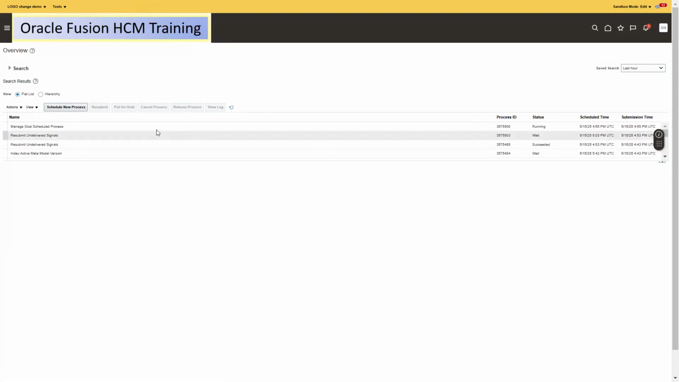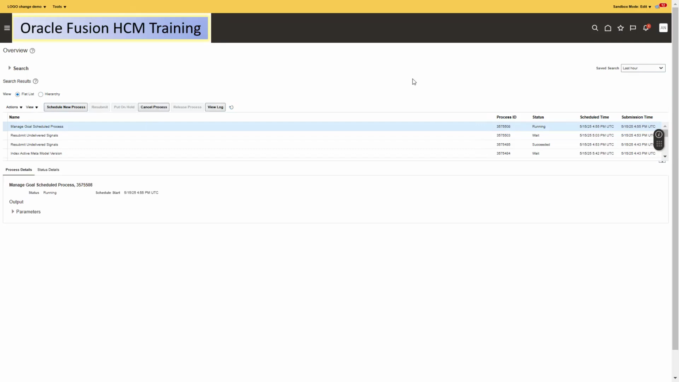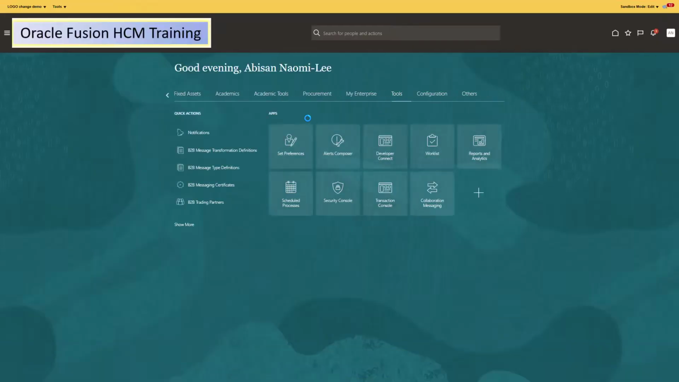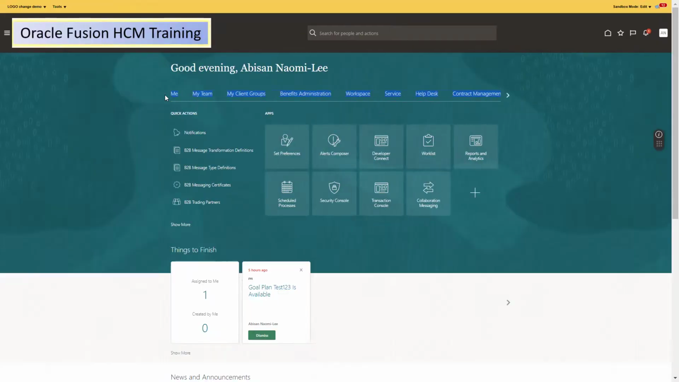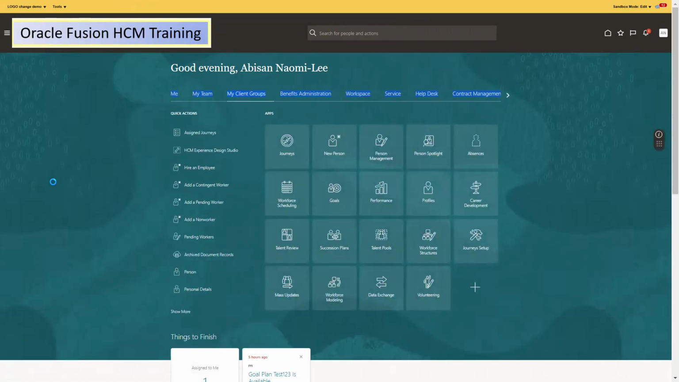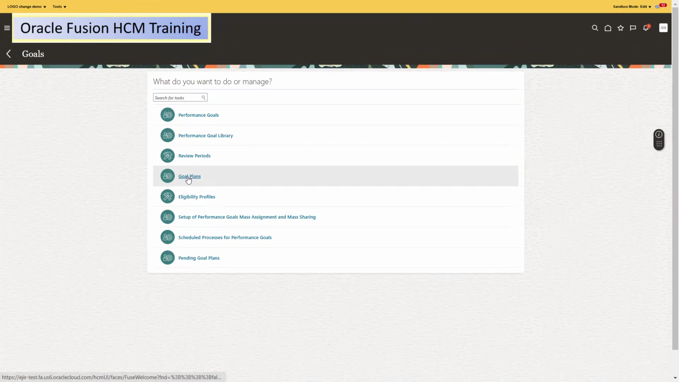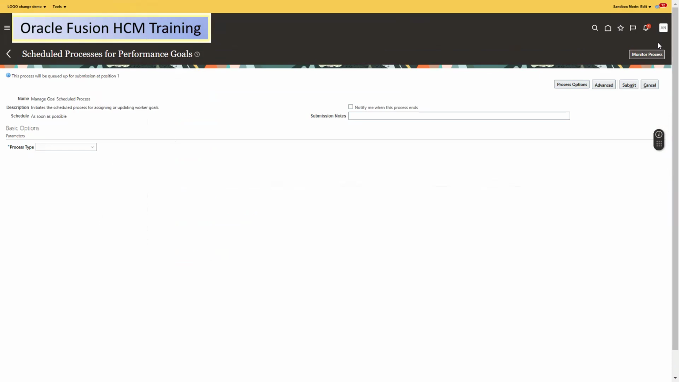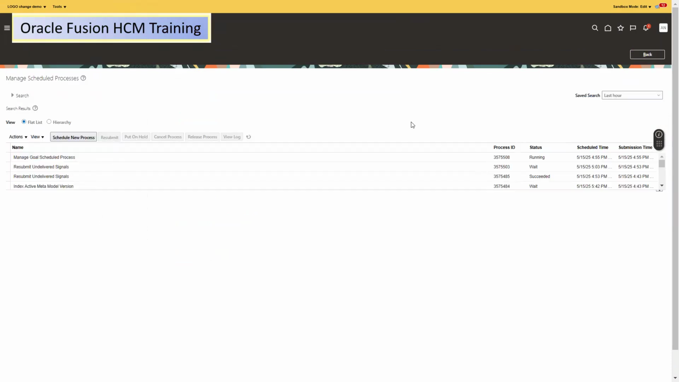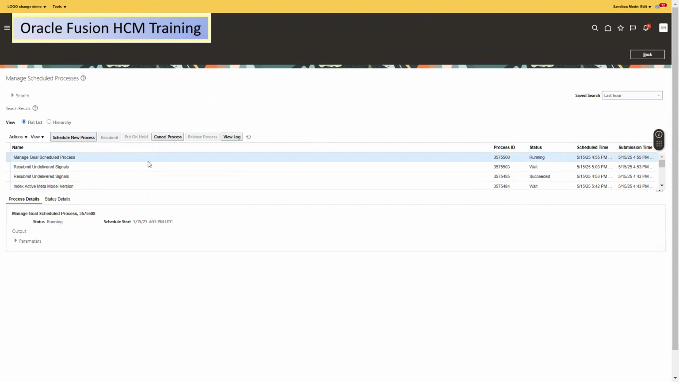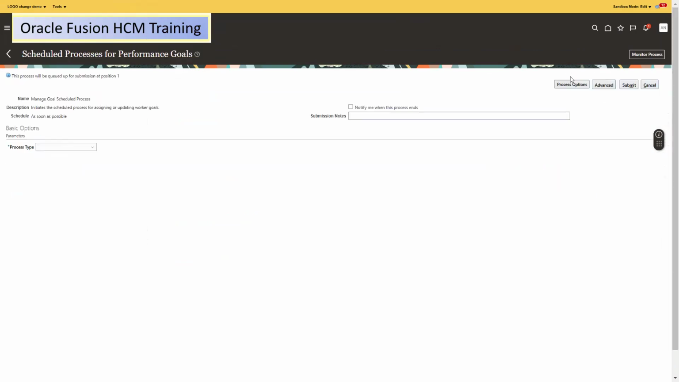Now this process is scheduled. If I have to check the process run results, I can go to the goals area, Schedule Processes for Performance Goal. This is the place it's done. Here there's a place called monitor process, so all the scheduled processes can be monitored. It is the same page. While it still runs,